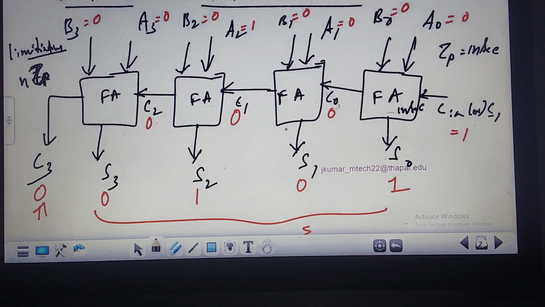S0 and C0 will be landed after what delay? 1 nanosecond. And then here C1 and S1 will be landed after what? After this one, if I consider this is 1 nanosecond. Again C2 and S2 will be landed after 1 nanosecond of this. Total, to get S0, S1, S2, S3, and then C3, it will take how many nanoseconds? 4 nanoseconds, right? We are talking about high speed circuits nowadays. They work at the picosecond level. All operation computations can be done in picoseconds. So this is one limiting factor we can say.